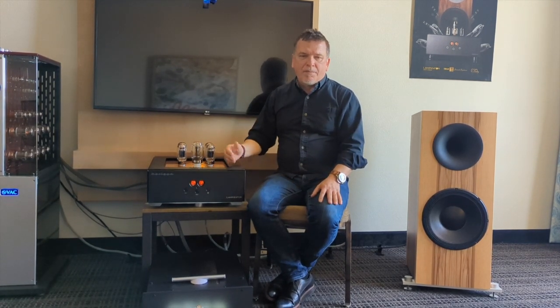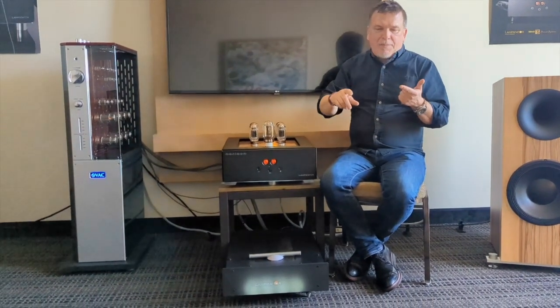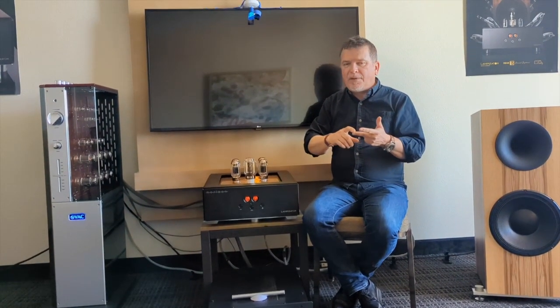without any interaction between the user and the DAC. So USB is by far our preferred format. It allows us to play PCM up to 760 kilohertz sampling rate, DSD up to 512, and every format in between, and also allows us to switch between formats on the fly without any audible artifacts in the speakers. And then, interesting, we can combine in our system a DVD player, CD player, satellite receiver via fiber optic,